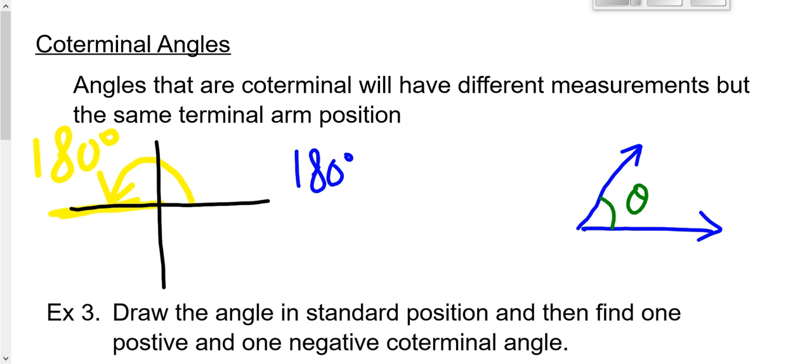I will represent the positive rotation in blue. It's just my personal preference. The negative rotation in green. Alright, so if you do a positive rotation, now look at this. Angles that are coterminal will have different measurements but the same terminal arm position. So this is our endpoint. Now if we go counterclockwise,